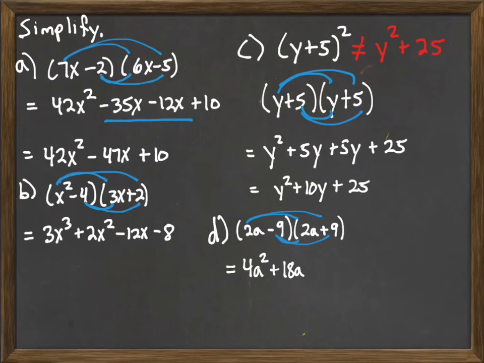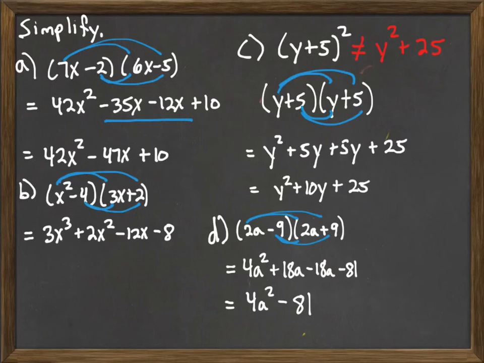Then we move on to the minus 9, taking it times each thing. Minus 9 times 2a is minus 18a. And then minus 9 times minus 9 is going to be negative 81. And then something kind of interesting happens here. The 18a, one of them's positive, and the other one's negative. So they just wipe each other out. So the a's just completely disappear from the problem in this case, and we get an answer of 4a squared